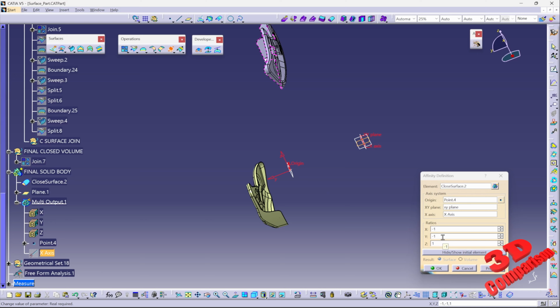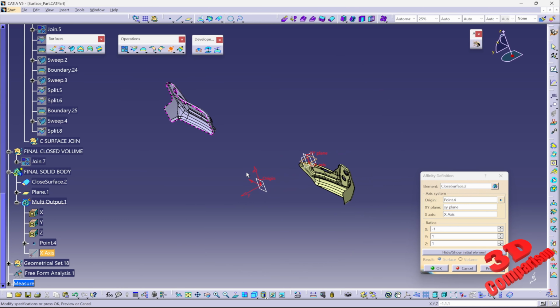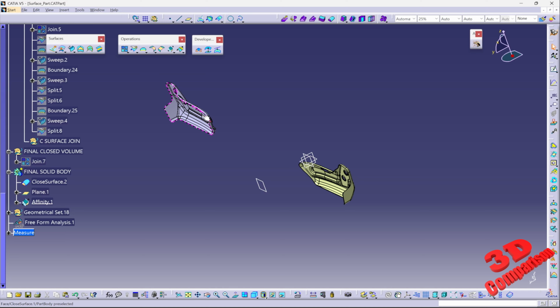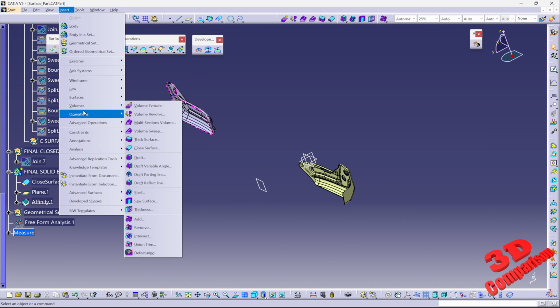Now the main, let's say, disadvantage is that you will need to apply multiple affinity features if you want all of those copies. Or you can just mirror them afterwards. So I have them defined like this. I can now click OK. I can now go and do a symmetry for both, and that will obtain the other components. But at the same time, I can just define a new